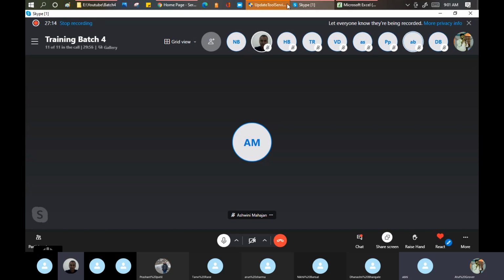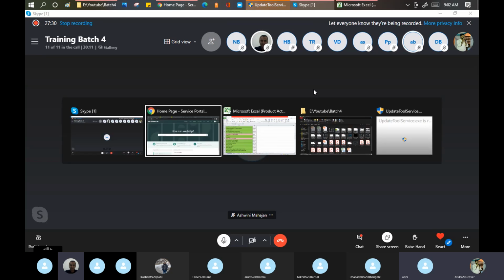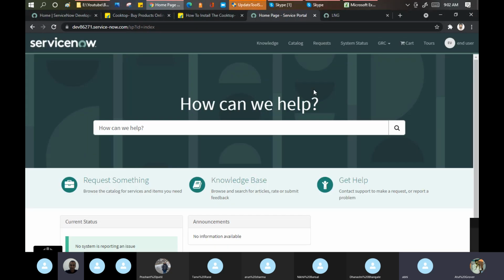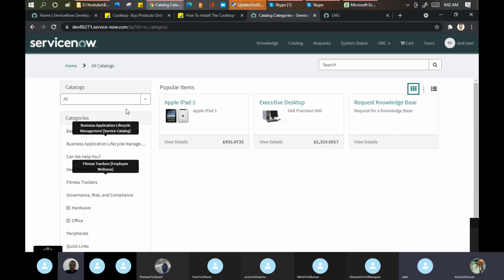Hope everything is fine. Vishwajit, can you hear me properly? Don't leave the class, please. Okay. Aishwarya is speaking somewhere. Aishwarya, take a note of this question. What is the difference between incident and request in ServiceNow? When I say request something, it means I am browsing to the catalogs directly like this.